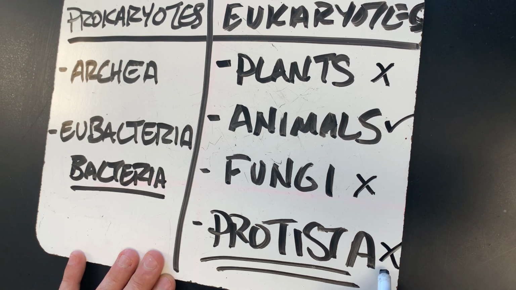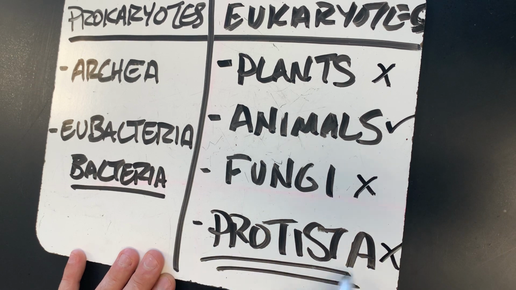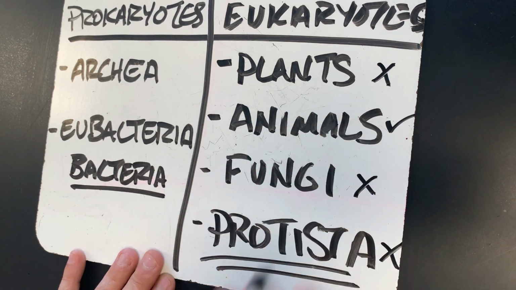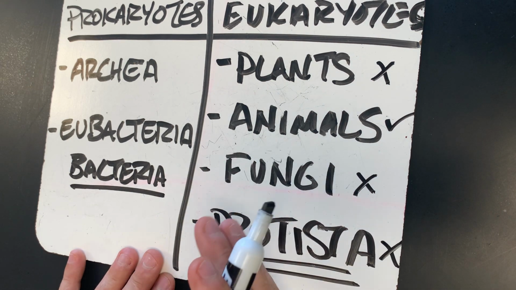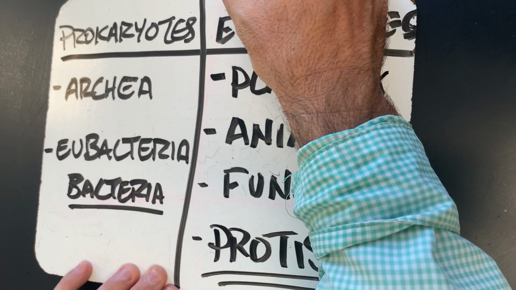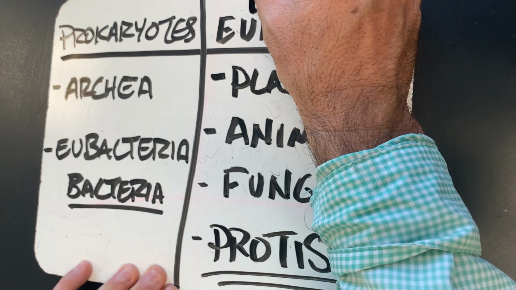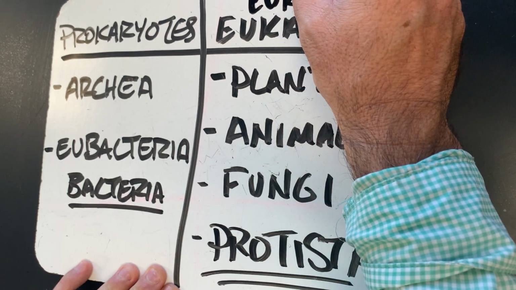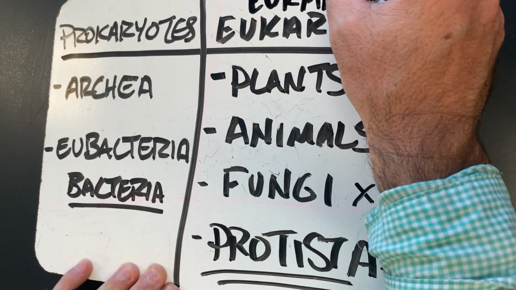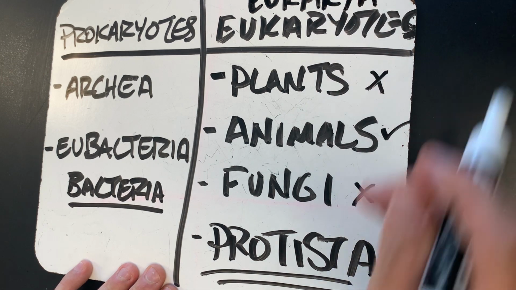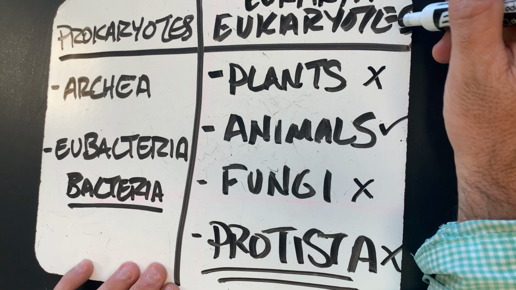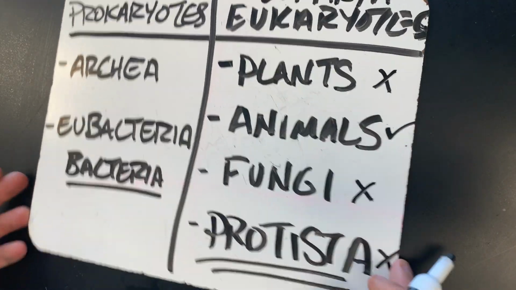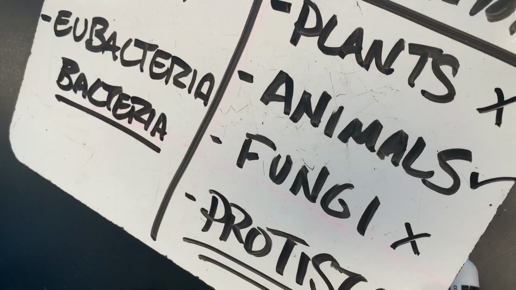And then we got protists. These are our big categories that fall under eukarya or eukaryotes, and they're interchangeable words. And I guess I should write that up here. So there's eukaryote. It means the same thing, just like feo and ugly mean the same thing. Eukarya, eukaryotes. Okay, I'm going to do a little more here. Put that to the side. We'll come back to that in a moment.